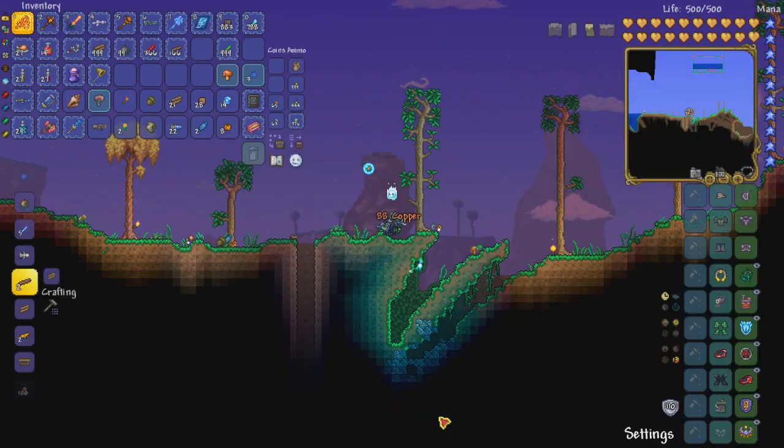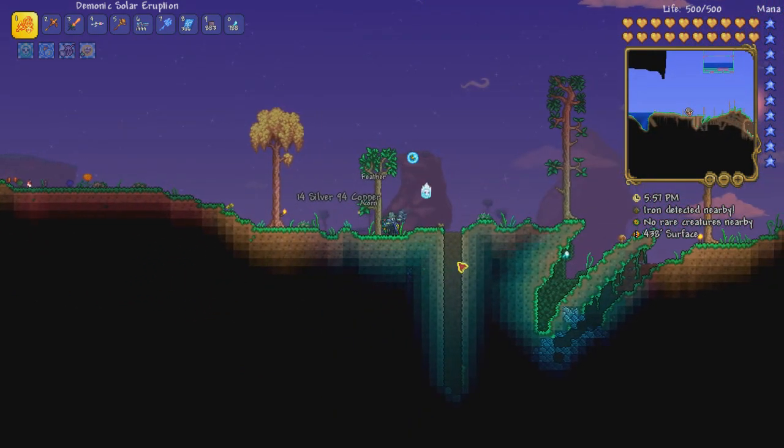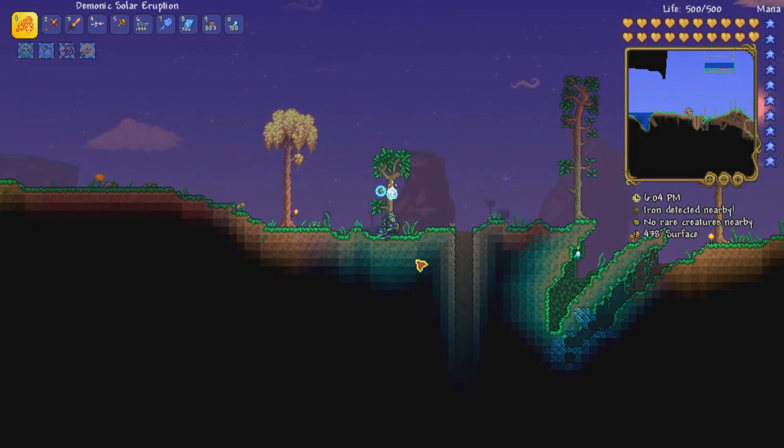So all the crimson enemies are in my bestiary, and I'm gonna have to set up an underground crimson in order to farm those guys in order to fill out the entire bestiary. Wow. Okay. Well...